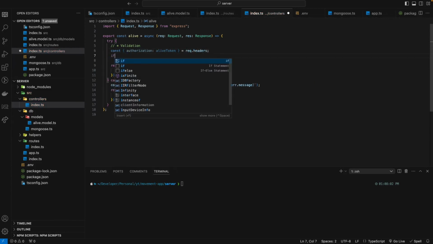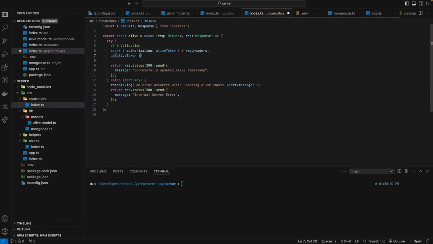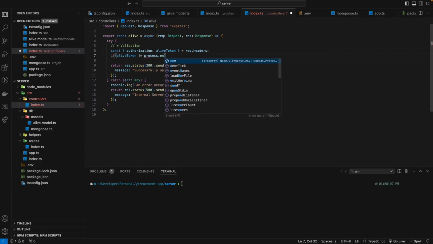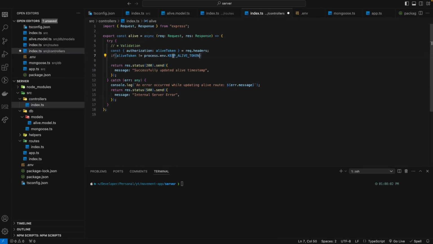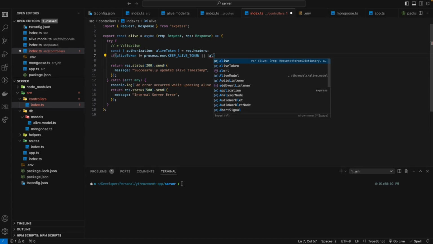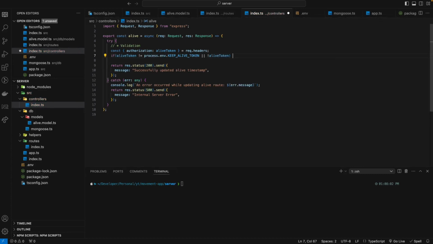And here, if the alive token is not equal to process.env.keep, what was that again? One minute. Yeah, keep alive token, or no alive token is provided,